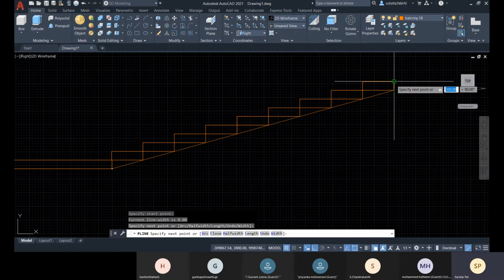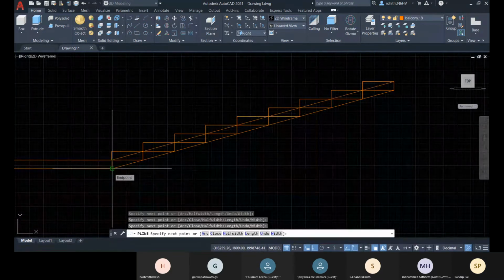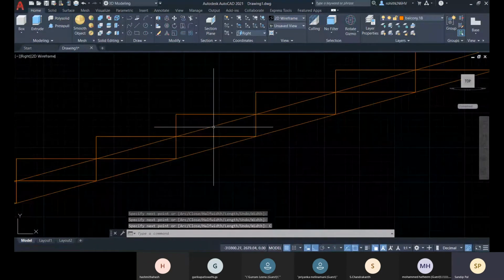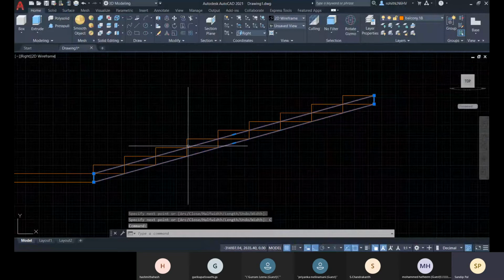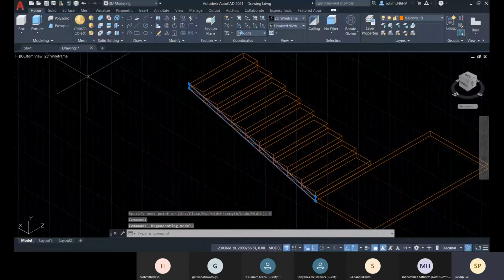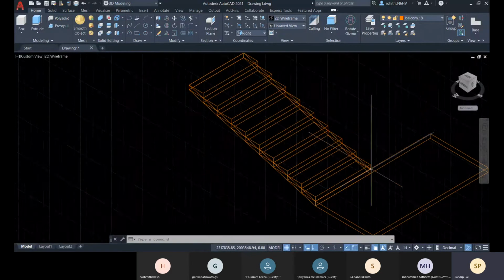So like that you can create, and you close it. All right, and then you will be extruding this, right? So you will be choosing this extrude option, and you will be extruding it till that.